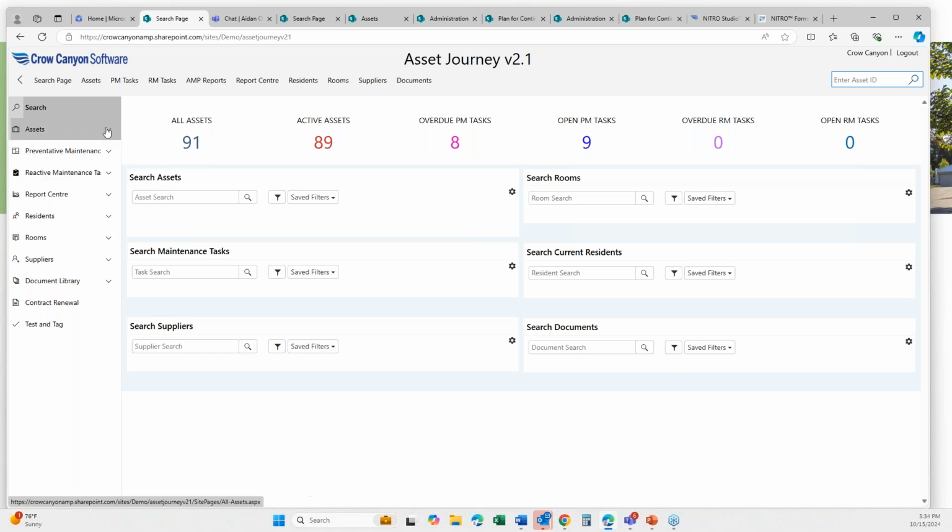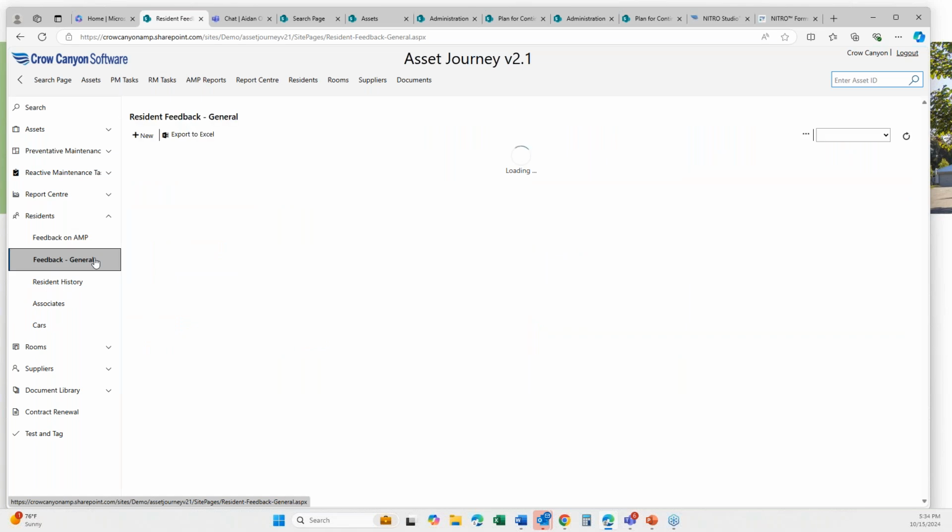Anyway, so we, of course, have assets, preventive maintenance, reactive maintenance, the government reports, the required reports, the 10-year report, the 3-year report, the asset register. But I want to point out that under the residents, we have this feedback, and the feedback is accumulated here. One of the requirements in Standard 2 on the organization is the systems in place to manage risk, incidents, feedback,